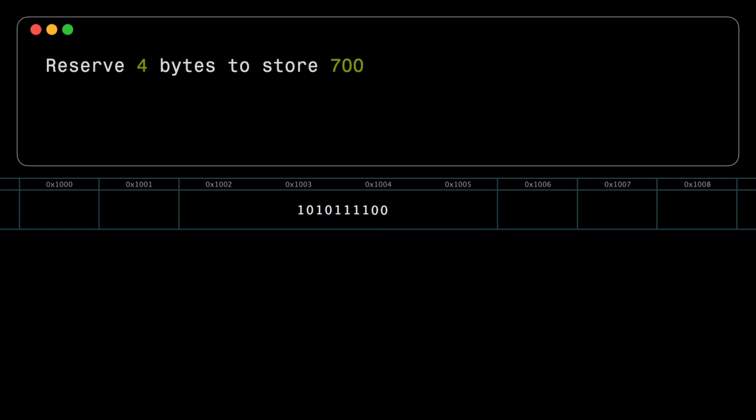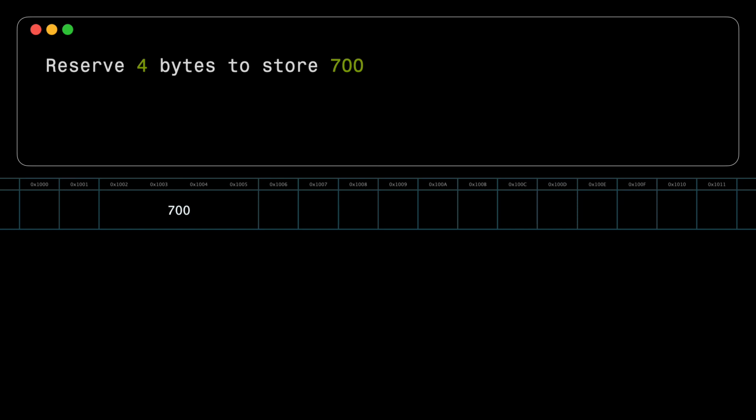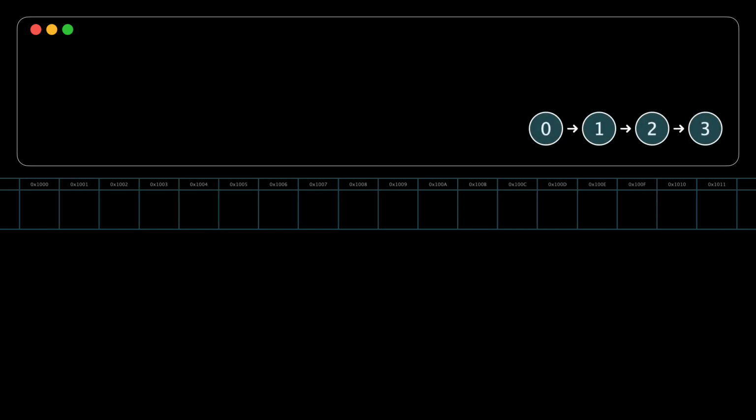Now, to avoid the hassle of determining the storage needed for each value, we're going to keep reserving 4 bytes of storage for every value in this video, and rather than representing the data in binary, we're going to stick to their original format to save some space. Sound good? Cool. With that out of the way, we can dive into the main topic of this video, linked lists.